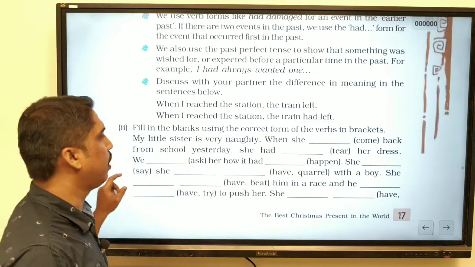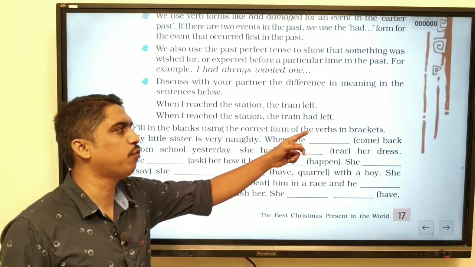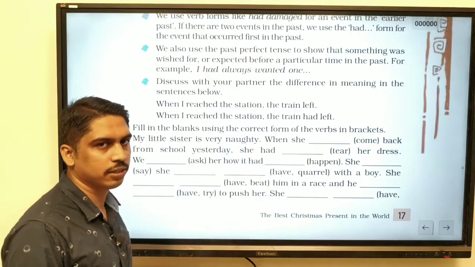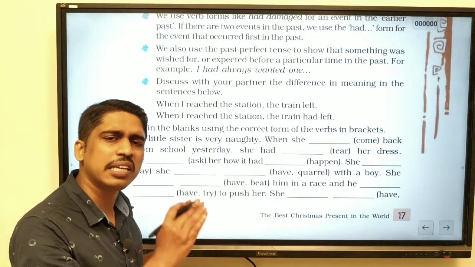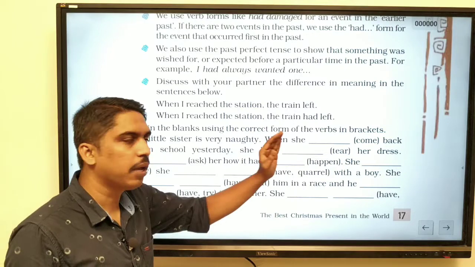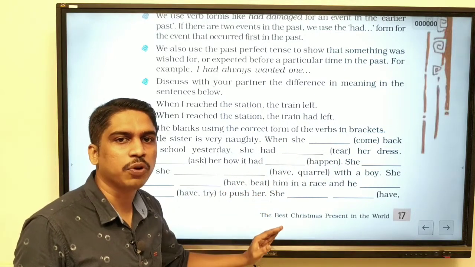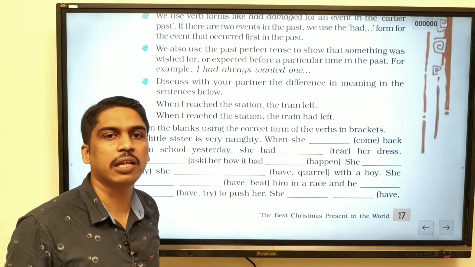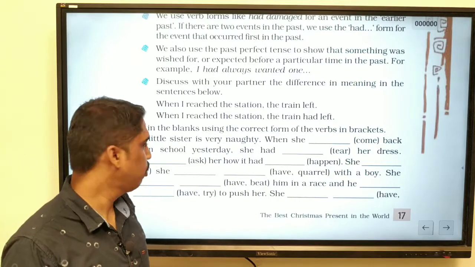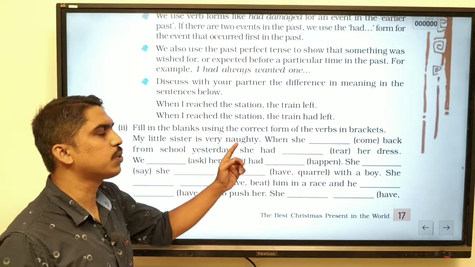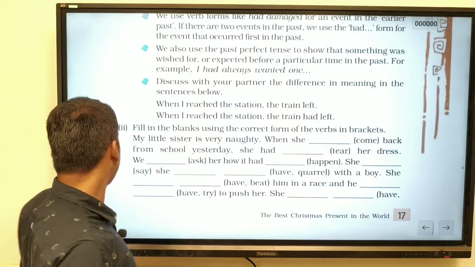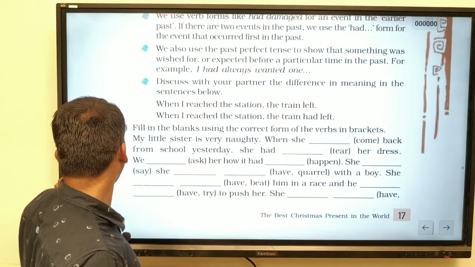Now fill in the blanks using the correct form of the verbs in the bracket. ഇനിയിപ്പോൾ നമ്മൾ പഠിച്ച കാര്യം ഈസി ആയിട്ട് ചെയ്യാൻ പറ്റുന്നതാണ്. സിമ്പിൾ പാസ്റ്റ് ആണോ പാസ്റ്റ് പെർഫെക്റ്റ് ആണോ അവിടെ ഫില്ല് ചെയ്യേണ്ടത് എന്ന് കണ്ടെത്തുകയാണ് നിങ്ങളുടെ ഡ്യൂട്ടി. വായിച്ചു നോക്കുക. My little sister is very naughty. When she